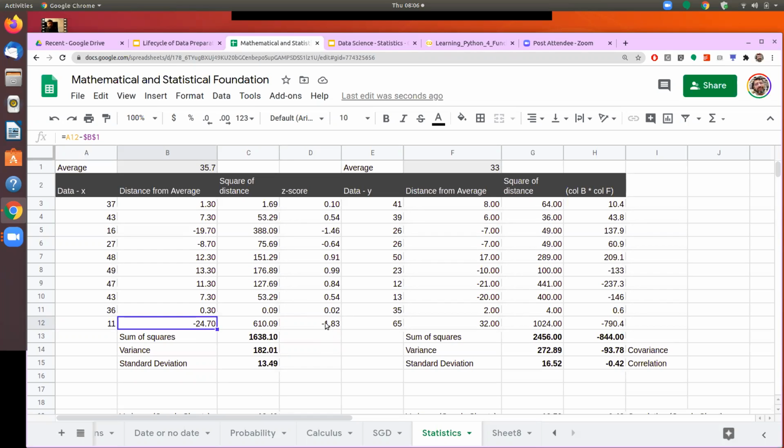In terms of the standard deviation, it is 1.83 standard deviations away from the mean. Now, these are very significant numbers, and we will be dealing with these more frequently than the absolute numbers,